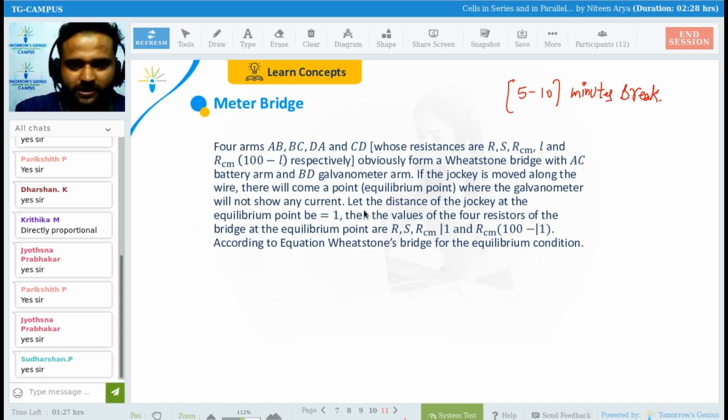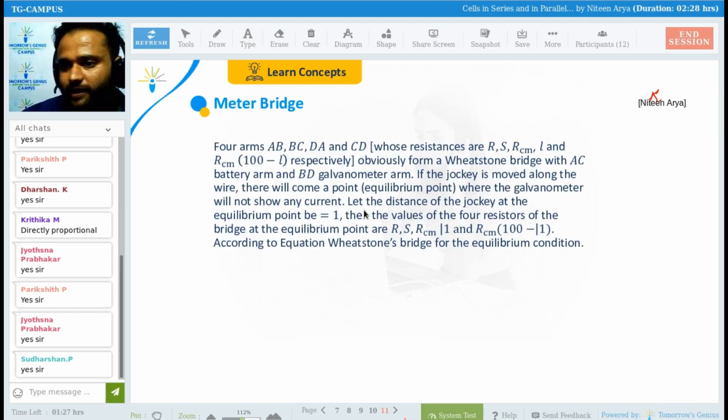Okay. So this is the same condition I already described in the previous slide, but still, for you guys, a quick recap of what it is in general. See, four arms A, B, C, D whose resistances are R, S, R cm L, and R cm 100 minus L, respectively. Obviously, from a Wheatstone bridge with AC battery arm and BD galvanometer arm,